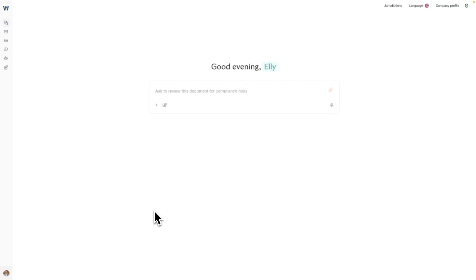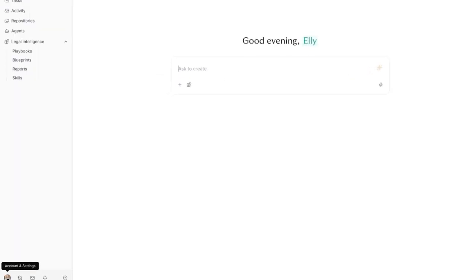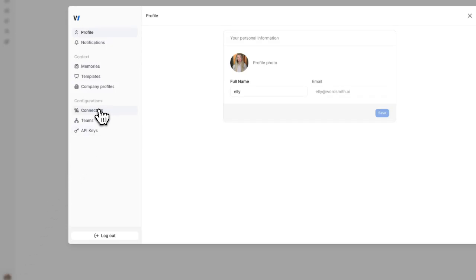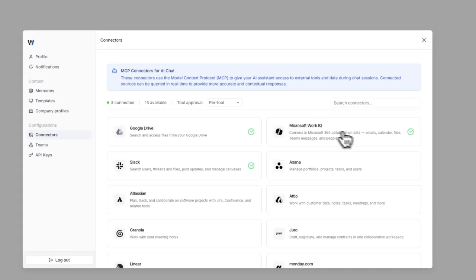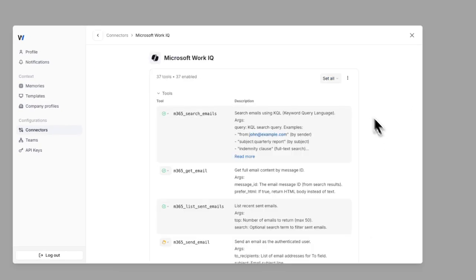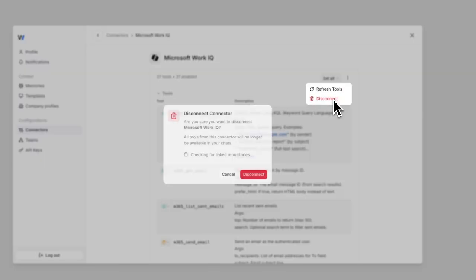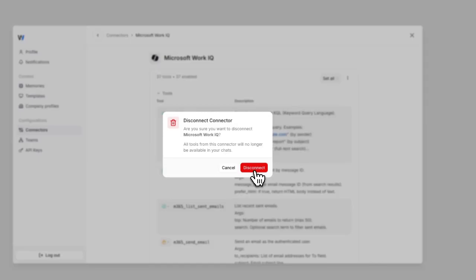So the first thing that we're going to do is navigate to connectors. I'm going to hit my profile down in the bottom left hand corner, open it up, and hit connectors. From here, I'm going to hit Microsoft Work IQ, and you can see that I already have this connected, but if I disconnect to show you what it's going to look like,